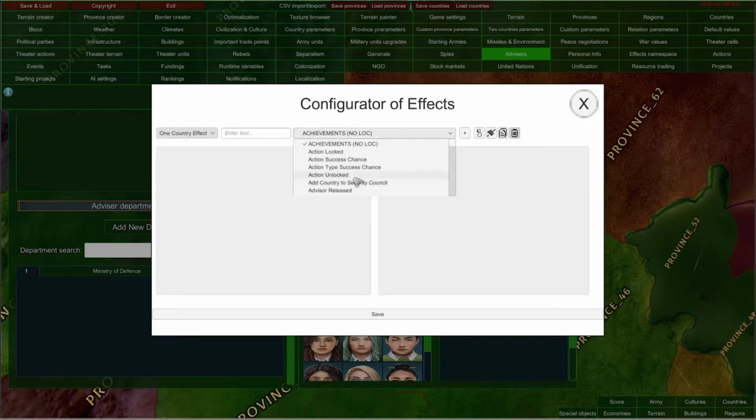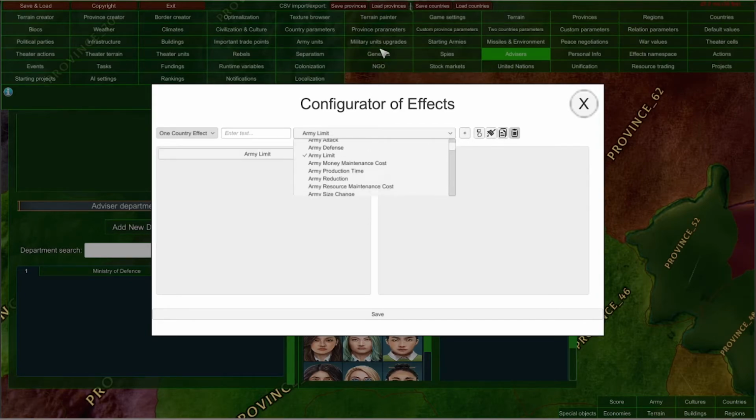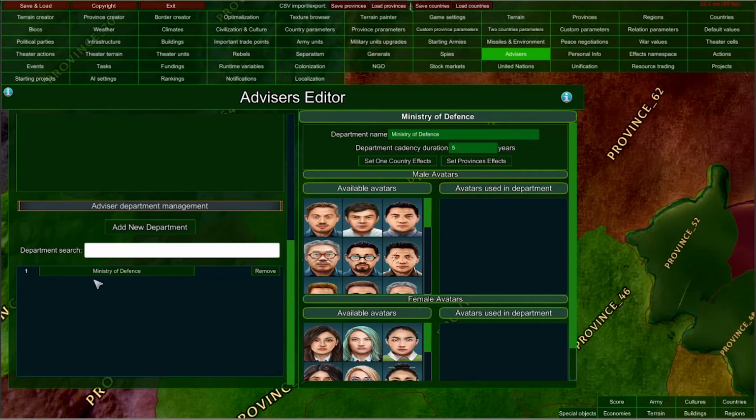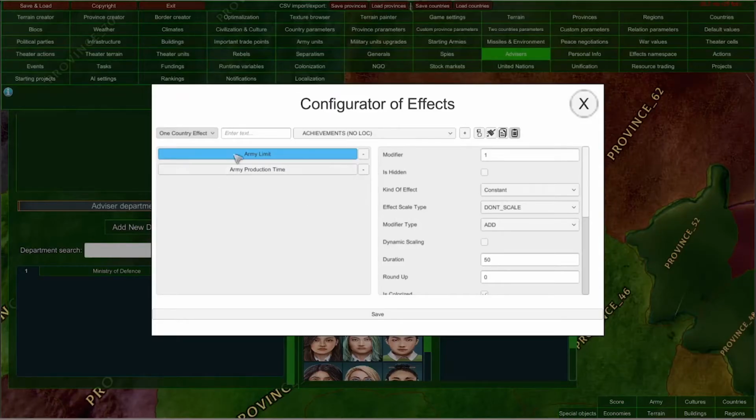So we can, for example, add an army limit effect and add an army production time effect. This effect will increase our army limit by 1, and this army production time effect will reduce our army production time by 5. And after saving, when selecting a new advisor from the Ministry of Defense, the game will randomly choose which one of those two effects this advisor will provide.